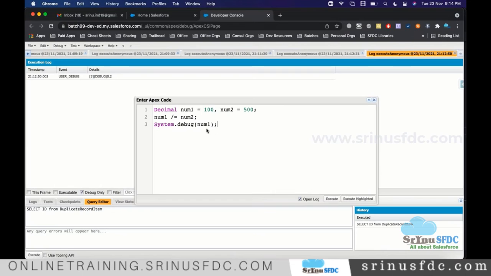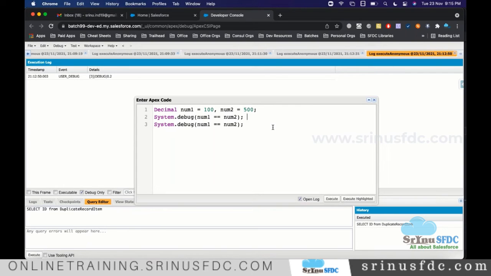So maybe to understand that, here I am saying number 1 is equal to number 2. What is the result you will be seeing? Number 100 is equal to 500, no, right? Now this result will be false.